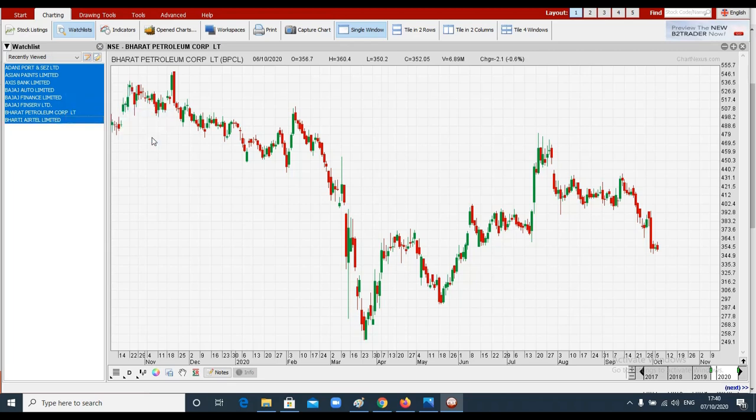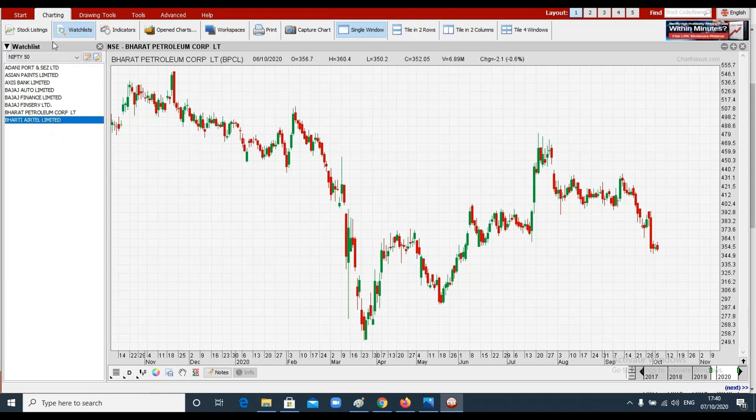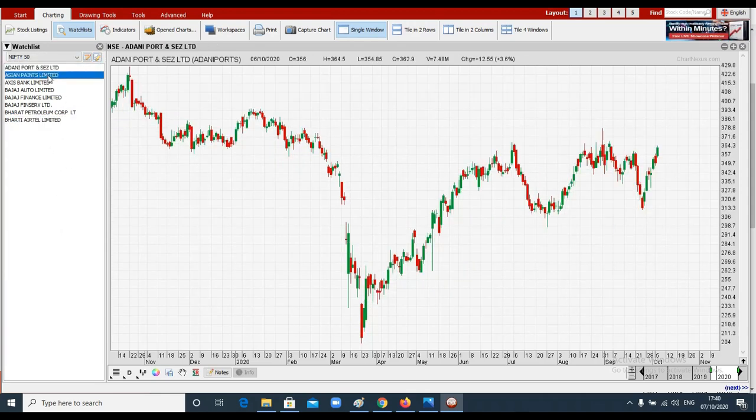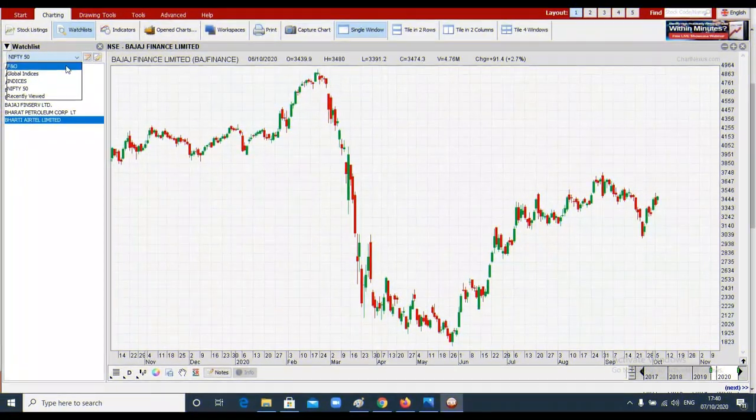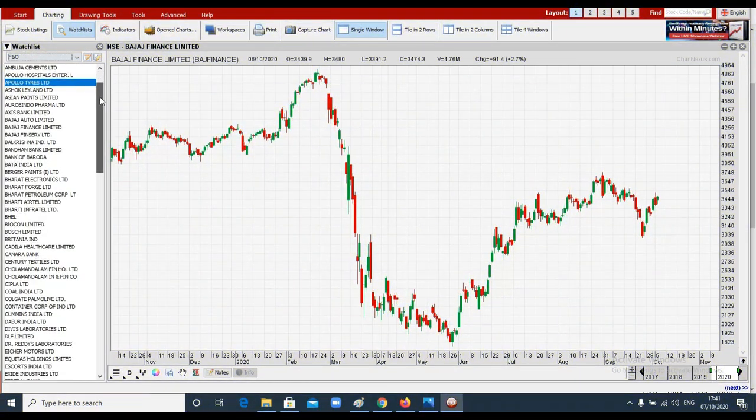You can click on Nifty 50 and just remove all these stocks from the watch list now. I can see all the stocks are added in Nifty 50 watch list. In the same way you can add all 50 stocks in Nifty 50 watch list so that it will be easy to track. I have a watch list of FNO stocks, future and options. You can see all the stocks I have added here.